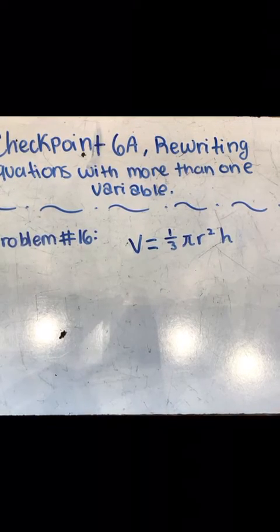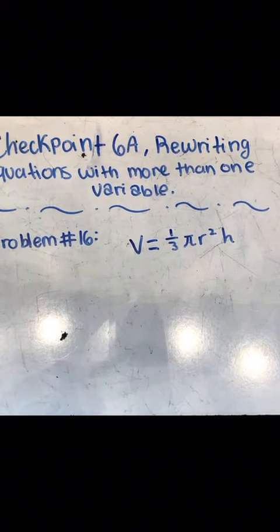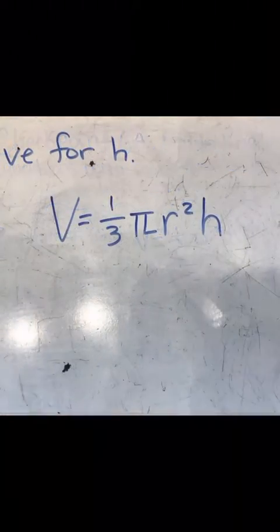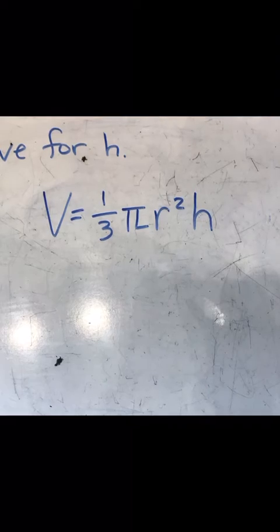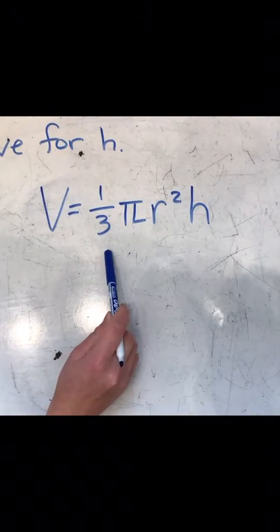Checkpoint 6A, rewriting equations with more than one variable. Problem number 16. You can find this problem on page 640. Okay, so we need to solve for h in this problem, and we are given v equals 1/3 pi r